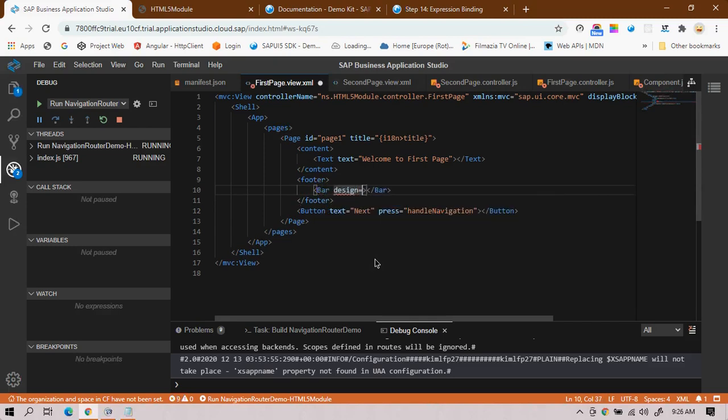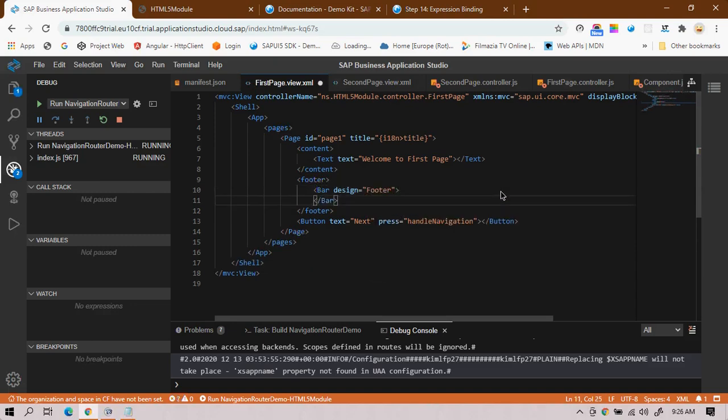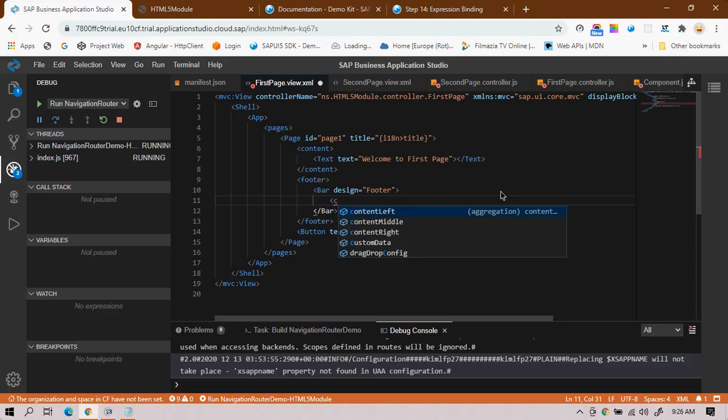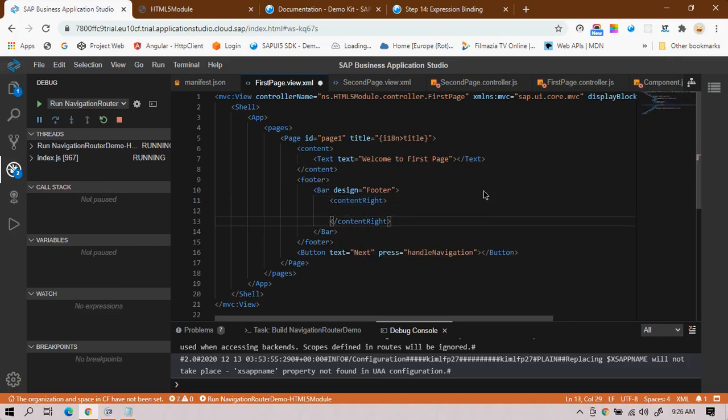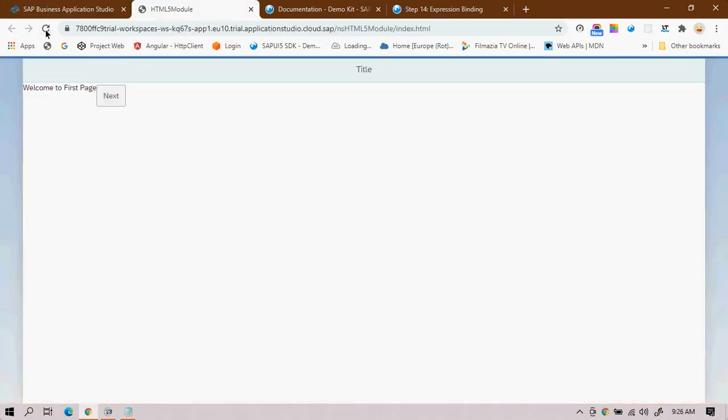Okay, let's refresh it. I can see the welcome to first page, and I can see the button in the footer.